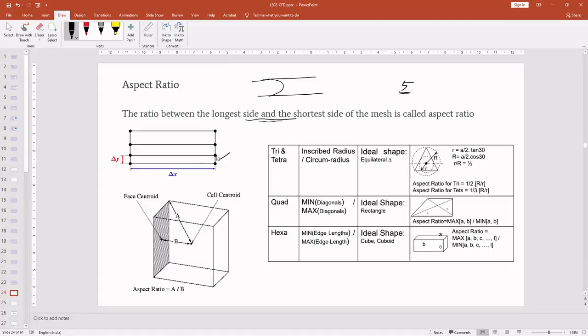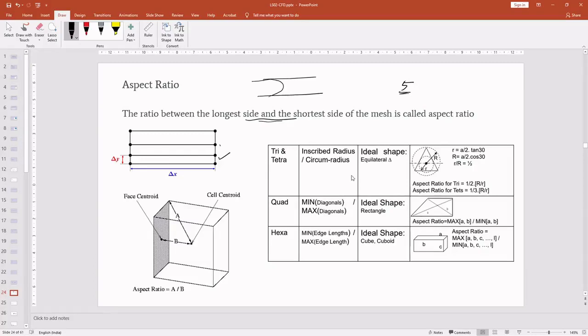So in such axially developed flows or fully developed one-dimensional flows, we can go for higher aspect ratios. So this is in case of 2D mesh, the first picture. If it is a 2D mesh itself, we know there are